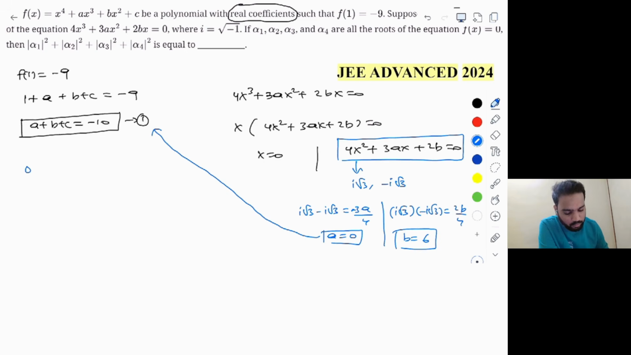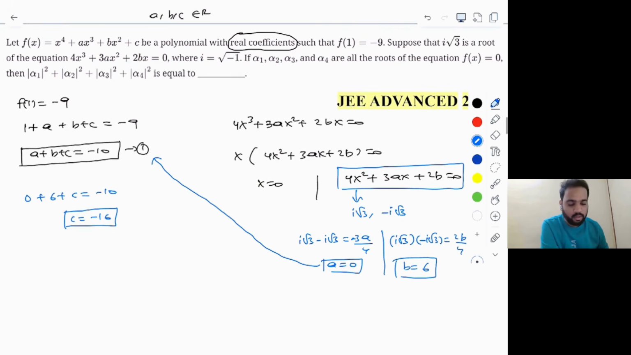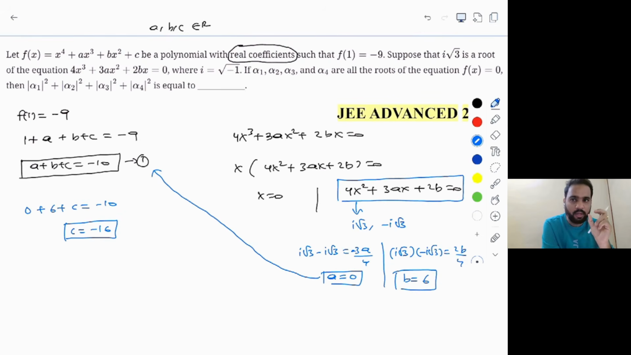So let's do that. Which will be 0 plus 6 plus c is equal to minus 10, and hence we get c is equal to minus 16. So we have found all three values a, b, c. As I told you, the condition that a, b, c belong to the reals is given for this purpose only,